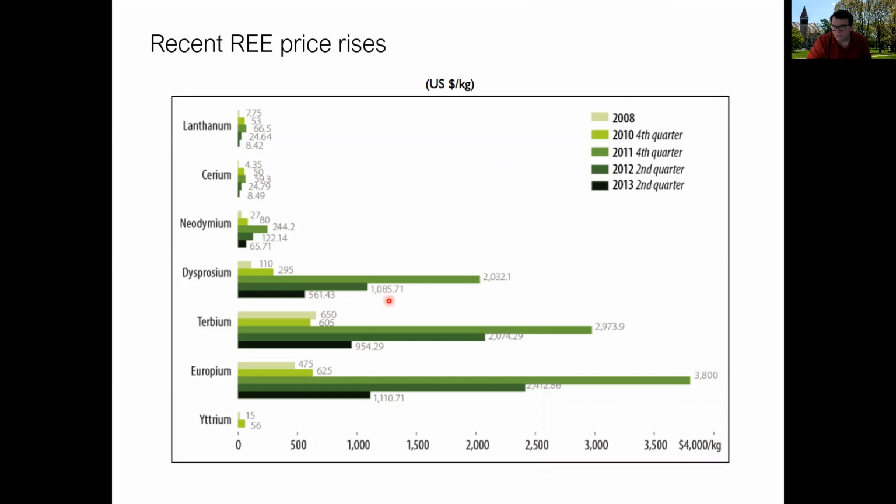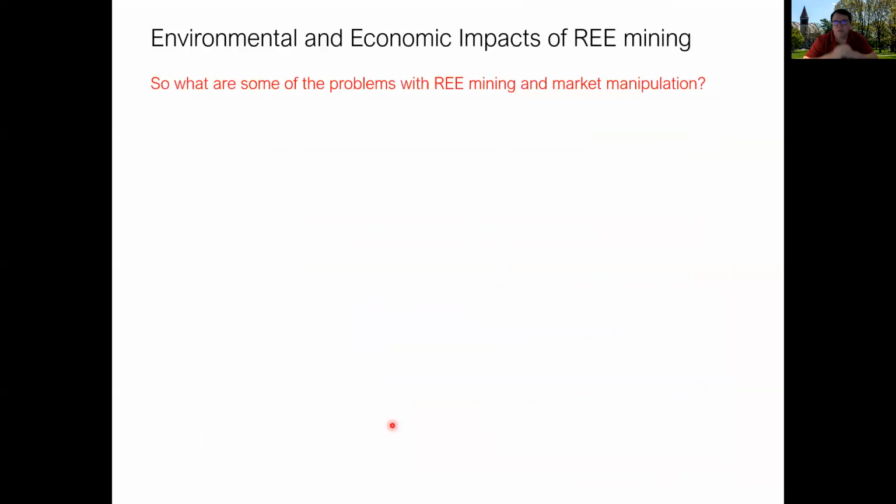But without any ambiguity, the prices of these spiked around 2010 and 11, and then actually started to come back once people started investing more money in the U.S. and Japan and other locations. Particularly Australia and Canada. Australia, Canada, and the U.S. have all ramped up rare earth element production quite dramatically, relaxed some of the regulations around harvesting those rare earth elements. As a result, the prices came back down, but they've remained well above the background, and they've probably come back up a little bit since these time frames.